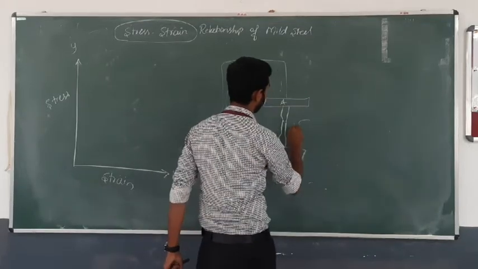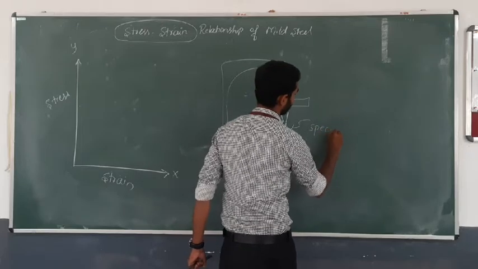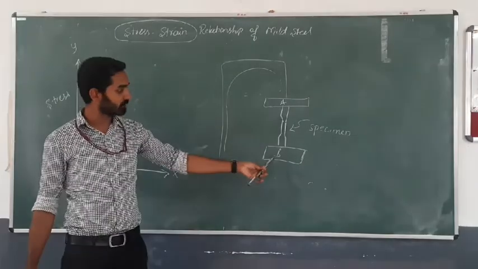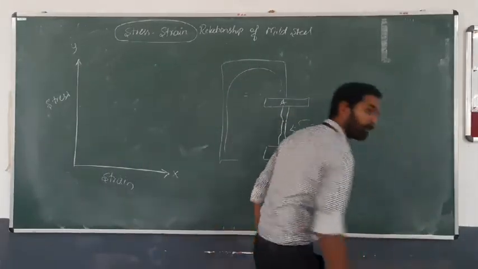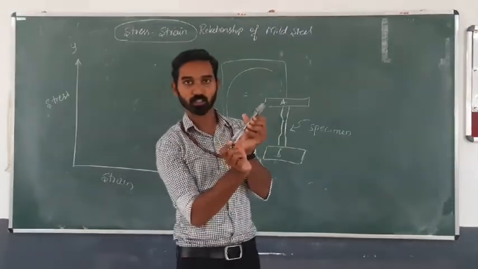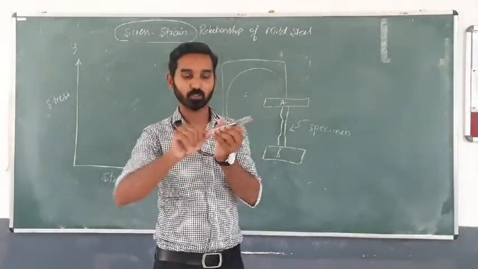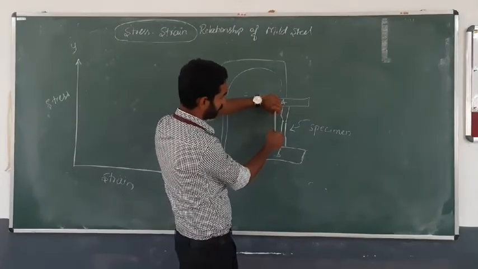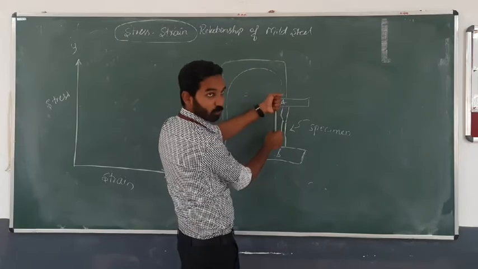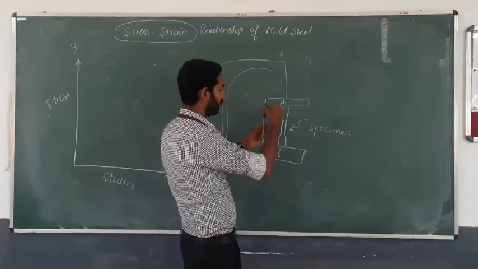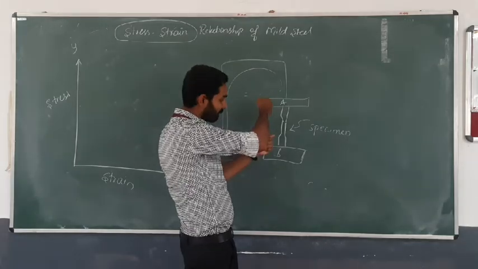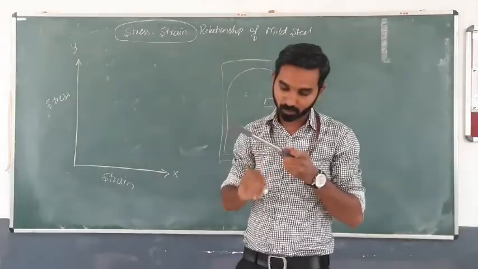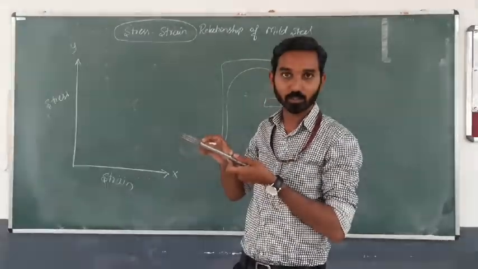In the experimental setup, this will be our specimen, with an upper jaw and a lower jaw. For the gripping operation, this hatched portion should have the knurling operation, so that we can hold it together without slipping. While placing the specimen in the UTM machine, we should be careful. Both ends have to be completely fixed, and we should measure the distance. With the help of chalk, we mark the distance between the marks on the specimen.